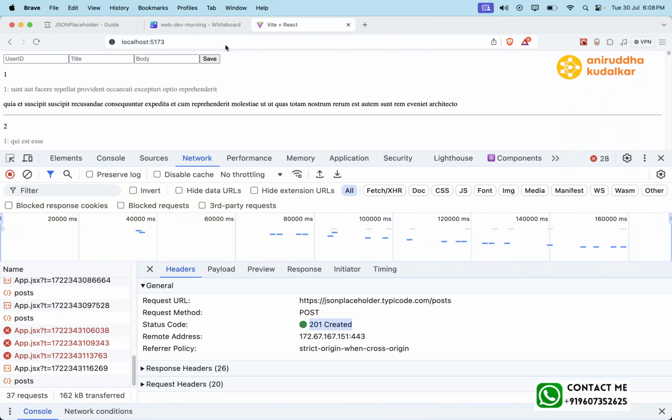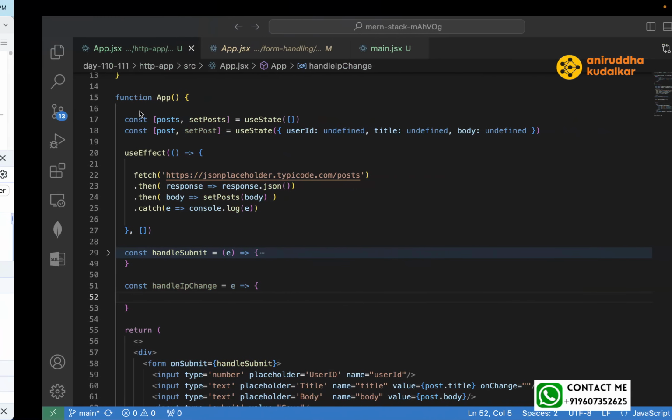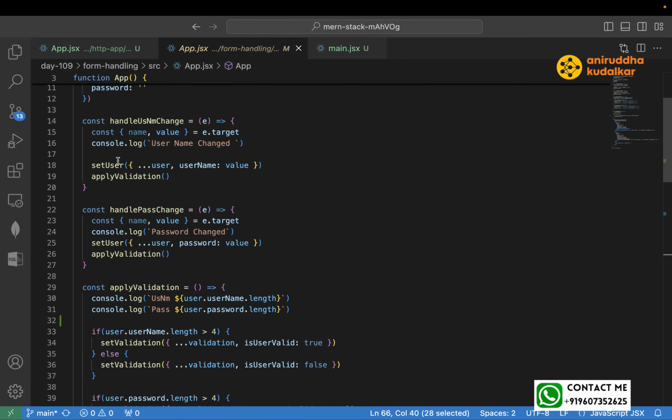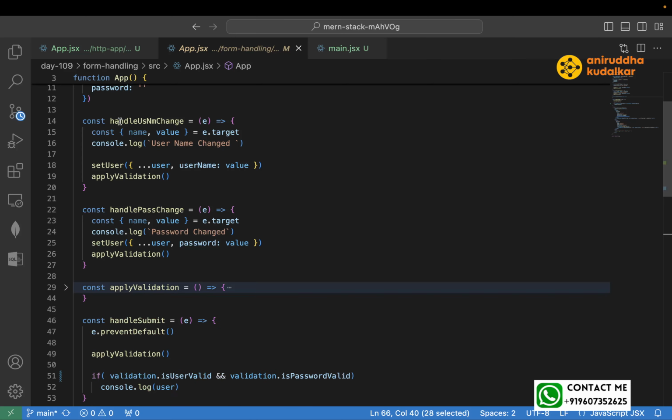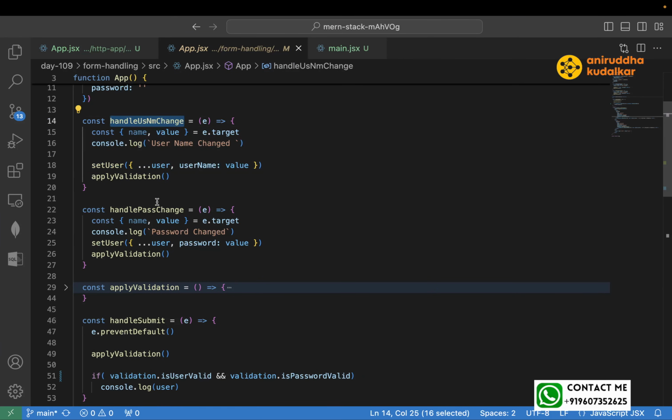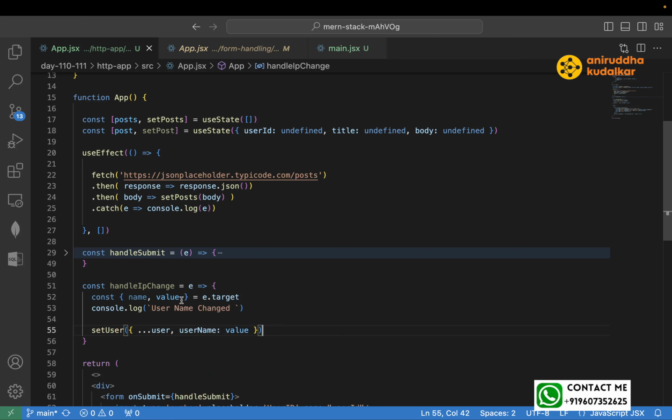So if you see here, we have written two separate functions. Handle username change, I will just copy this code. Actually you don't need this two times. Can you say handle username change, handle password change? You have repeated the code, but because of this name,